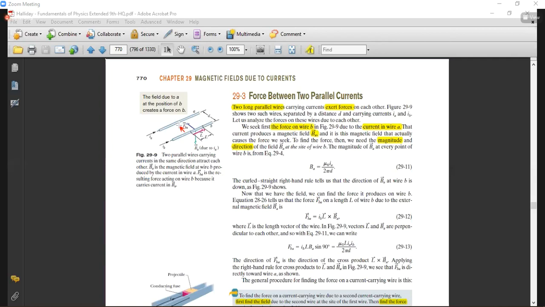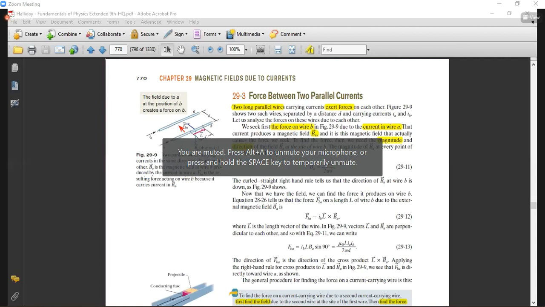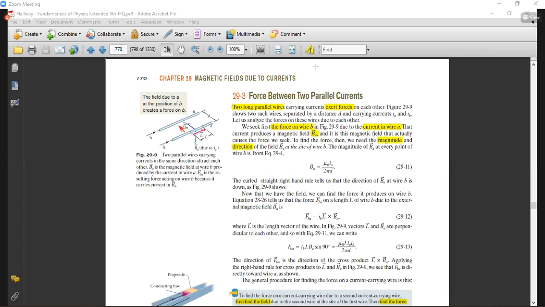Anyone who didn't understand? Any question? Why are we getting the force in this direction? Clear? Yes, sir. Okay. अच्छा, now coming toward the